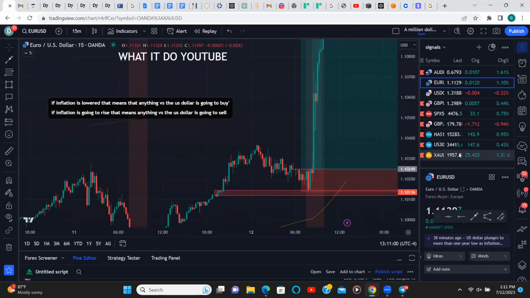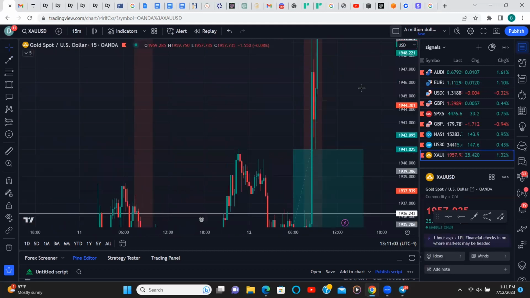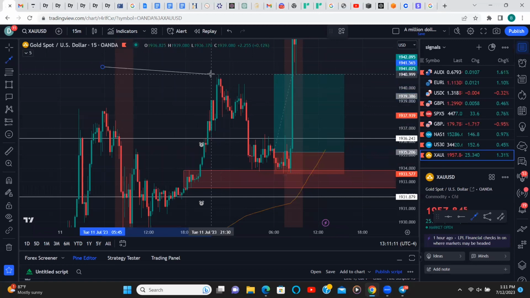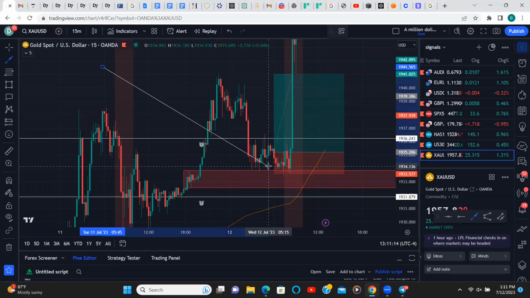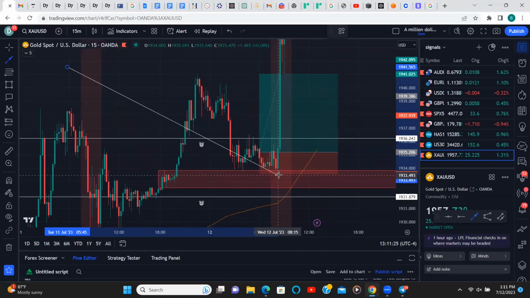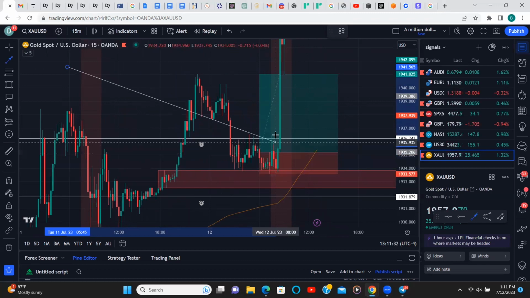We also had another textbook trade with gold. Now, gold had a nice demand zone, a nice order block right here. Same things again. We have a nice break of structure. Price is retesting the zone and rejecting. So this order block is pretty much turning into support. As I noticed that, I'm like, you know what? This may be a pretty solid buy position right here. So of course we get in, and then by 8:30,